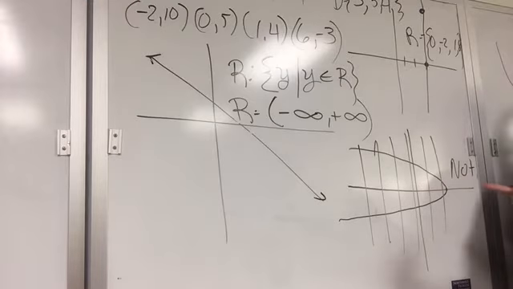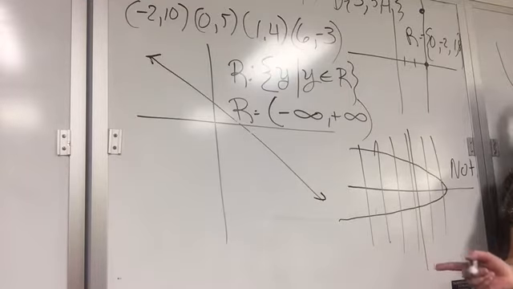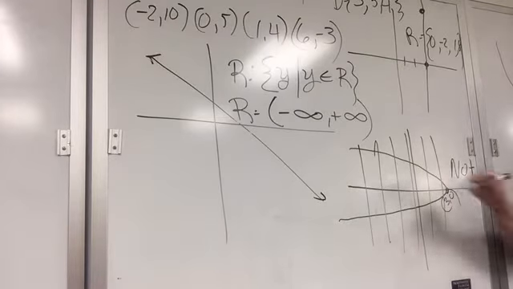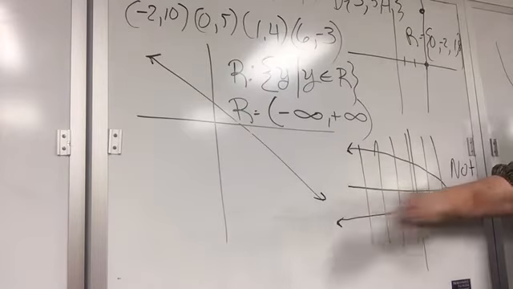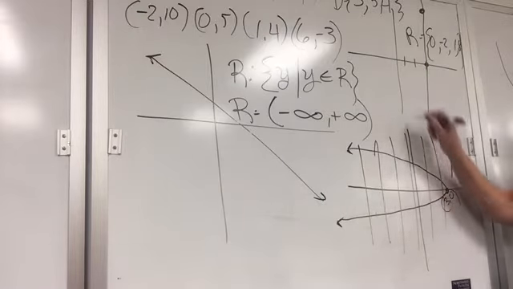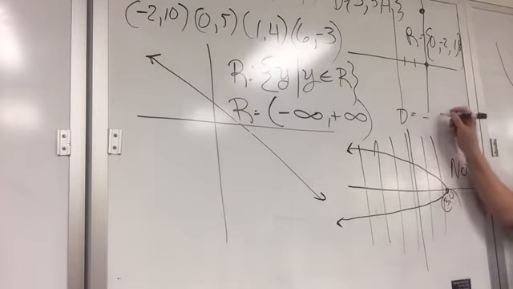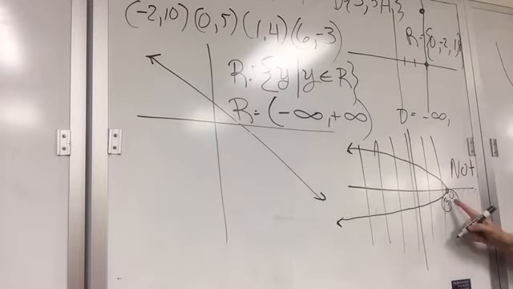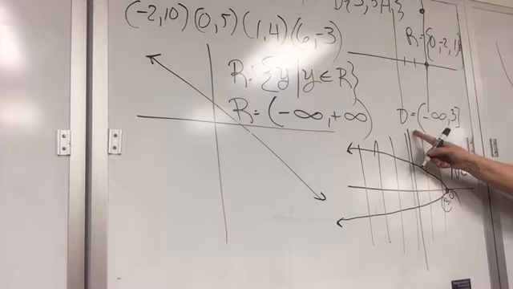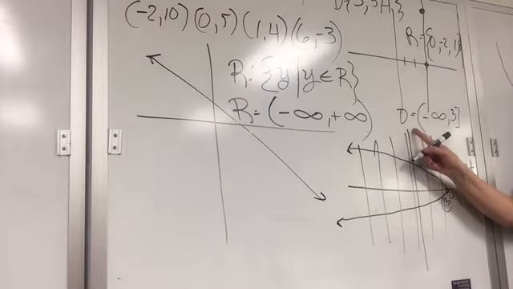And on this one, my domain is what's limited, right? Because I don't have anything out here. Okay, so let's say that this point right here is 3, 0. So x, and remember these are assumed to be going to infinity. Okay, so this is going to be a domain of what? Domain is negative infinity all the way up to 3. Okay, and we're going to assume that 3 is included. And remember, we never put a bracket at the negative infinity or positive infinity.